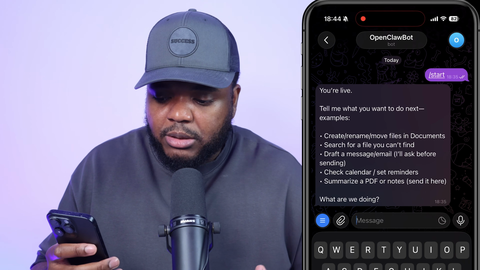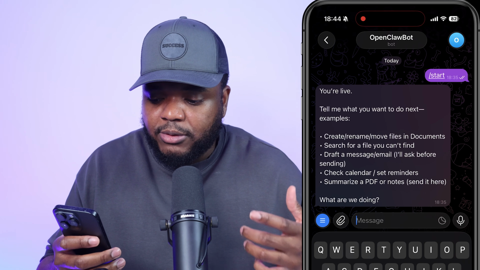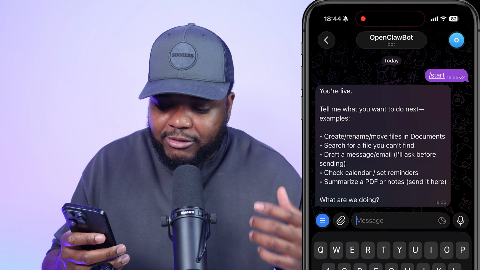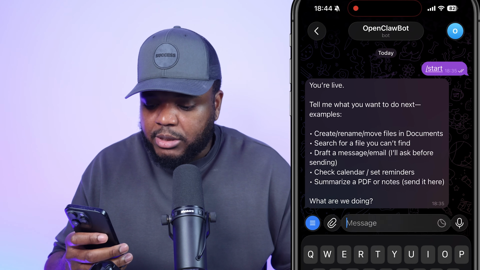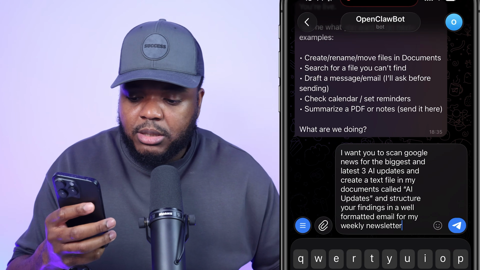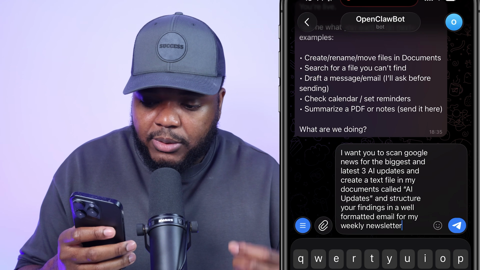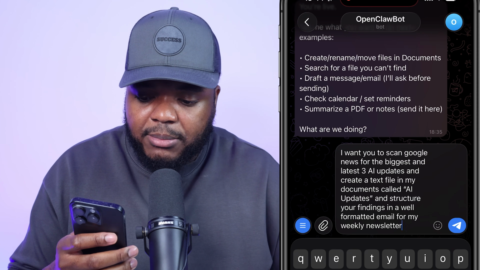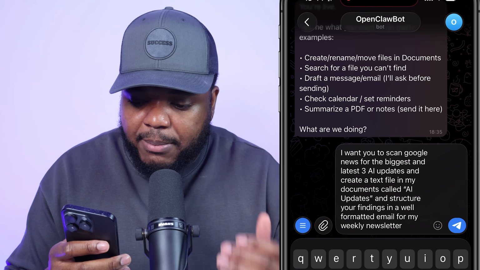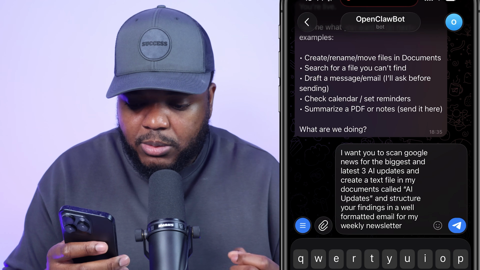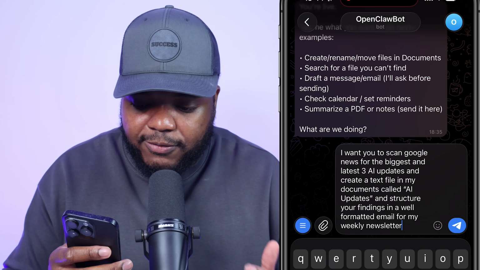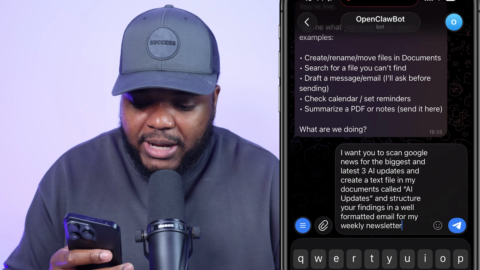So it's asking, do I want it to create a new file? Do I want it to draft a new message, check my calendar, summarize a PDF? But what I'm going to do is just enter this in. And all this says is, I want you to scan Google News for the biggest, latest AI updates and create a text file in my documents on my computer called AI updates, and structure your findings in a well-formatted email